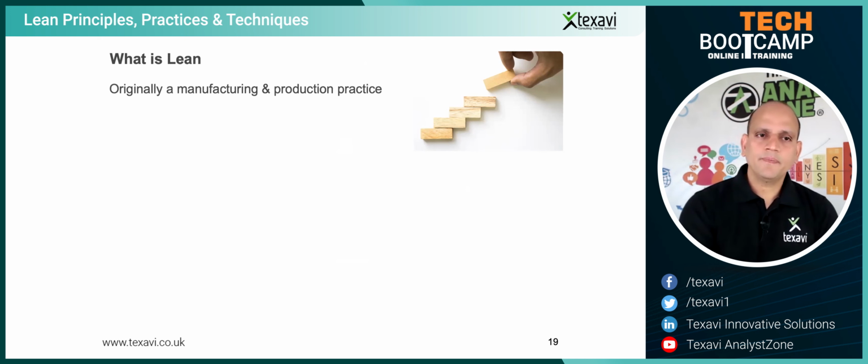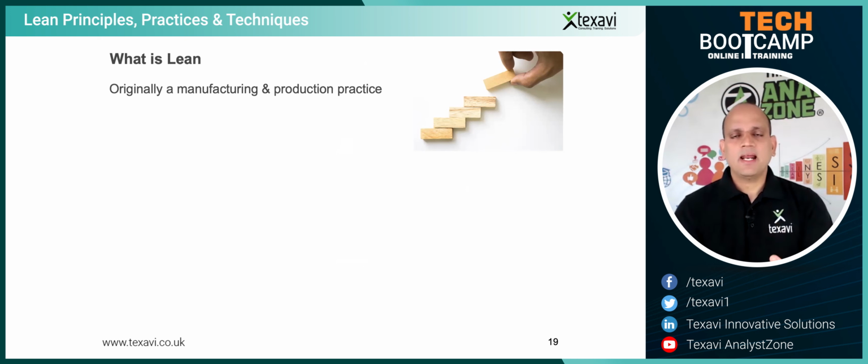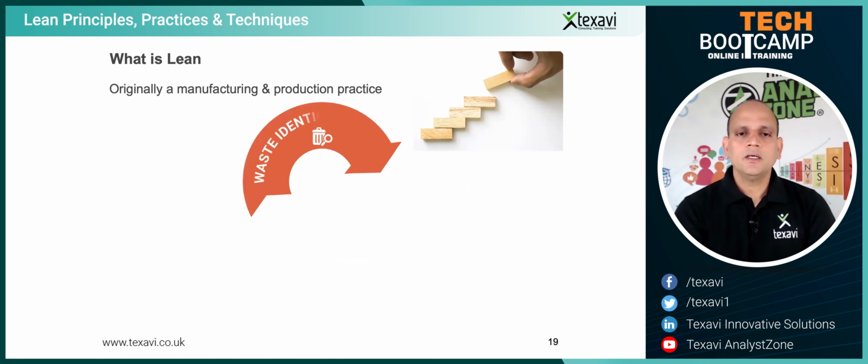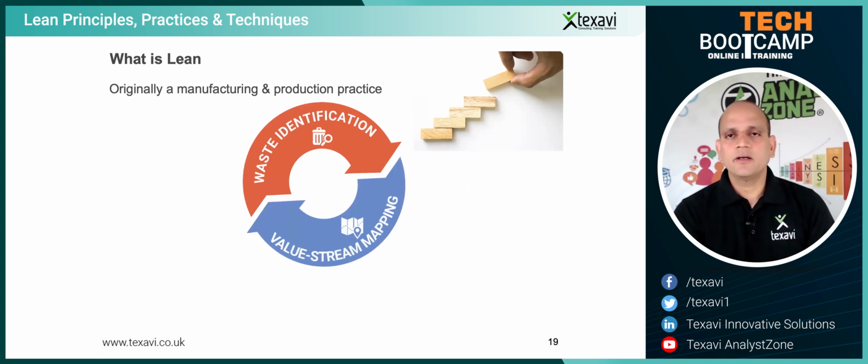One of the ways in which you can describe or define lean is that it helps you understand where the possible potential waste really is, and then how you can eliminate that, and thereby create some kind of value in the process. How can you increase the value generation and decrease the waste? That's essentially what lean is all about.